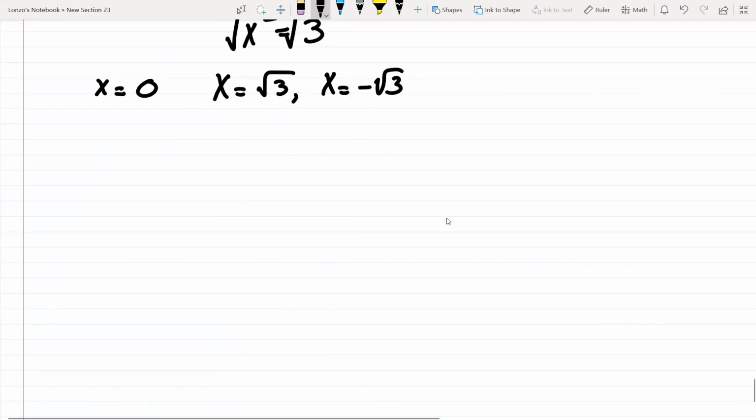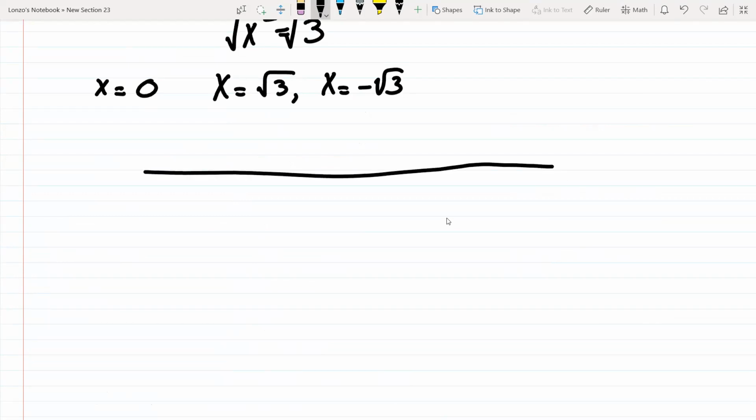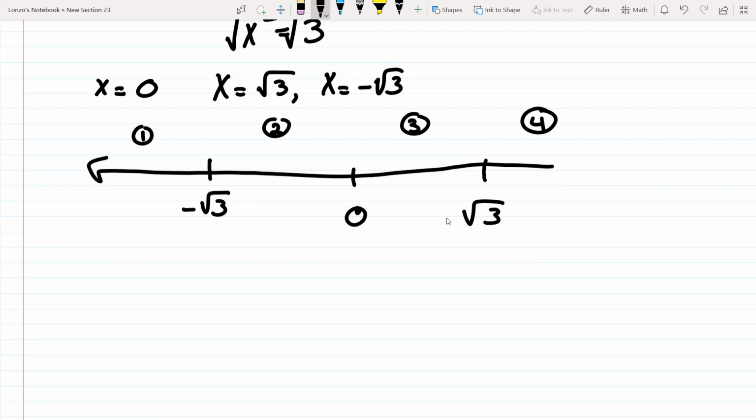Okay, so now what we do is put it on the number line, right? Our smallest x value is negative radical 3, the second one is 0, and then the other one is positive radical 3. So we have 1, 2, 3, 4 boundaries to test. So put it in the double prime. So f double prime of x is negative 2x